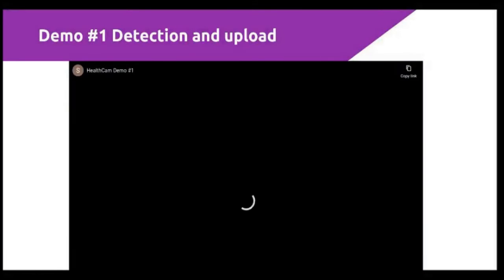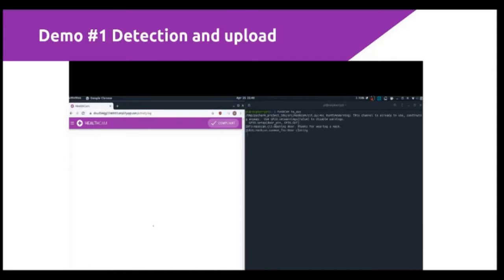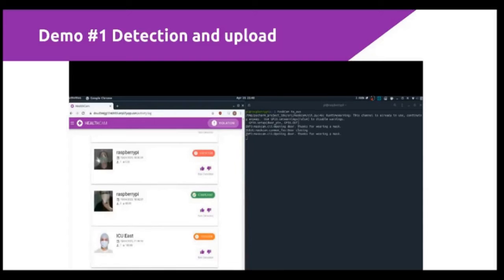So I've got a demo here of the system. What's happening right now is I've got a Raspberry Pi camera set up and it's constantly scanning for pixel changes. Once it reaches a certain threshold, it's going to send an image over to SageMaker for analysis. It's going to send it via API Gateway where it'll get picked up by a Lambda function. It'll dump them into an S3 bucket and in turn that'll go to